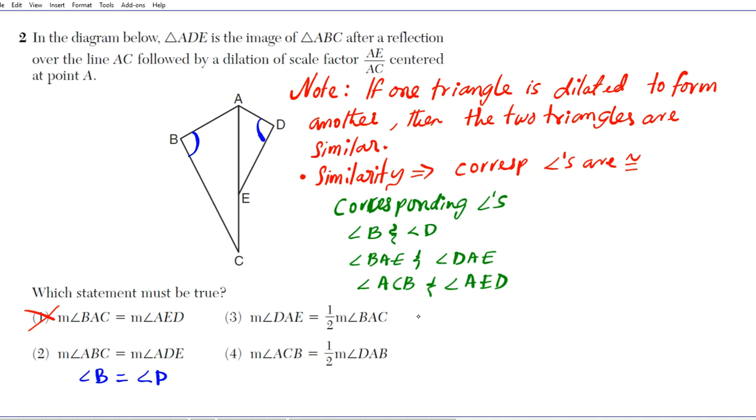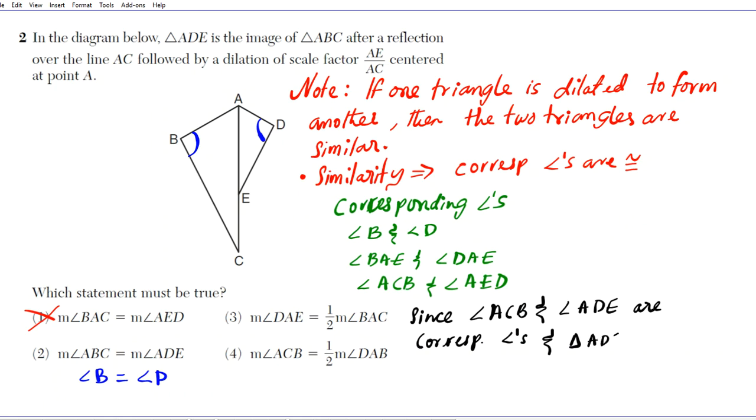So let's write down the remark. Since angle ACB and angle ADE are corresponding angles, and the two triangles are similar,